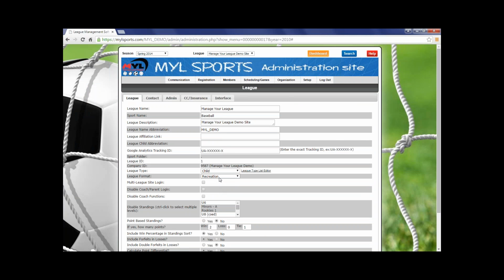Also, you have league format, which is going to affect where this league displays in the league breakdown. So you want to group everything together. If this is a home league, a recreational league, a tournament, or travel, you can group them together so that when it does its totals and goes through all the different options, you can see that in the league breakdown. Again, this is more for a